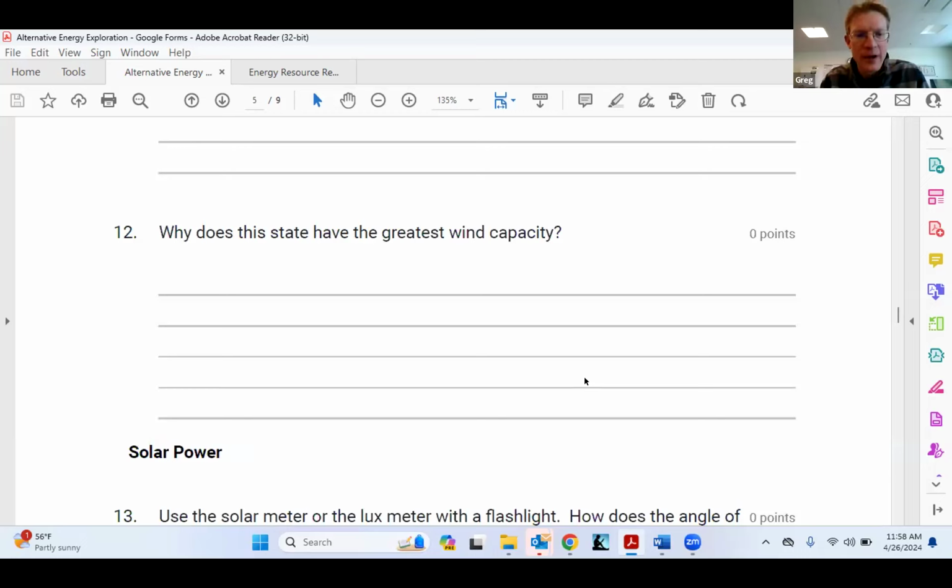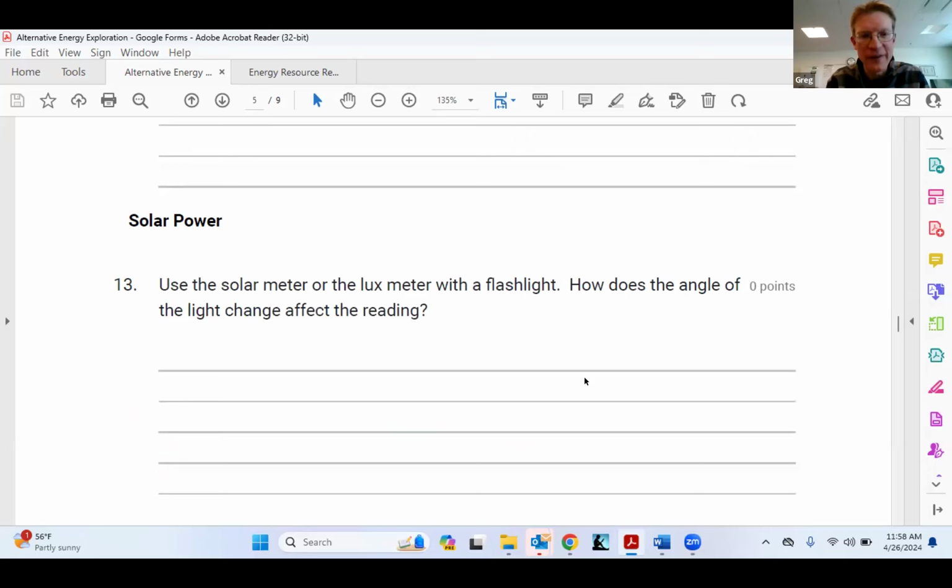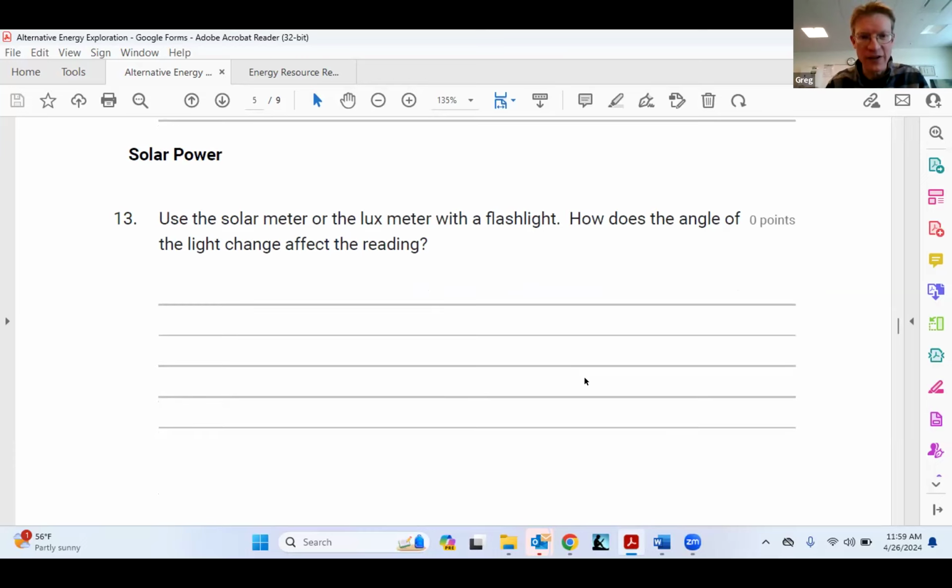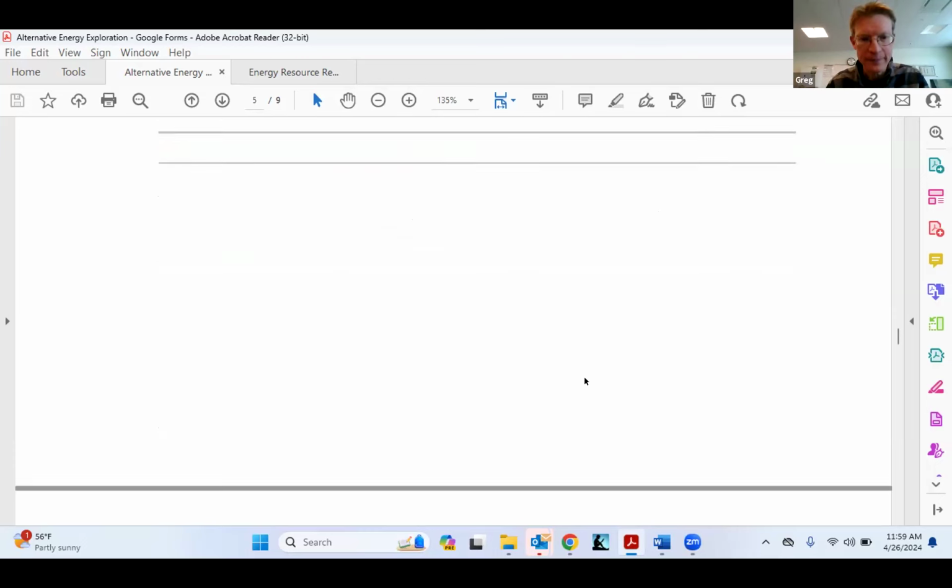So that's great. In the meantime, I also have them exploring solar power. And I pass around something called a lux meter, which I also got from the Create Energy workshop. This just has them looking at how angles affect the amount of light that is received, which is a great springboard for talking about seasons, but we use it for discussions about solar panels.